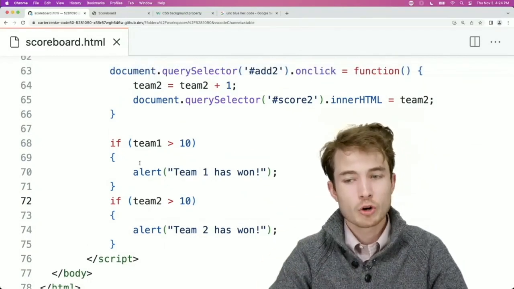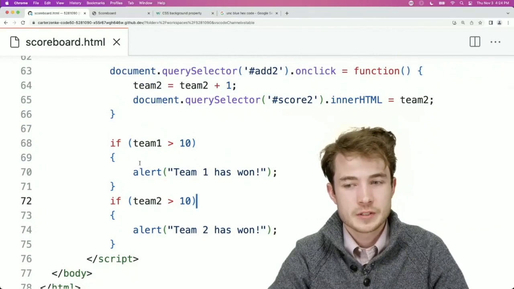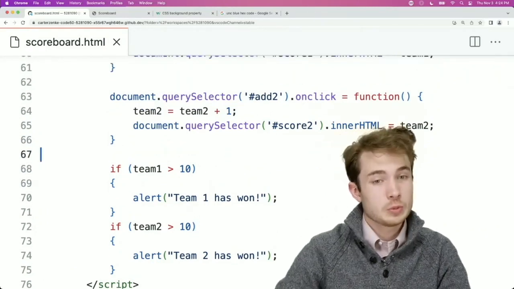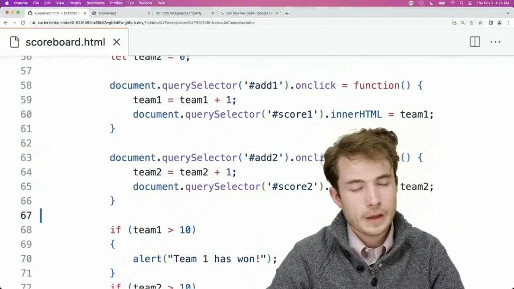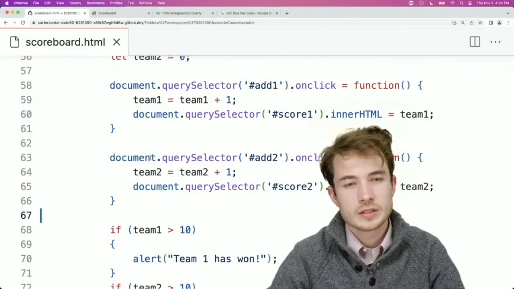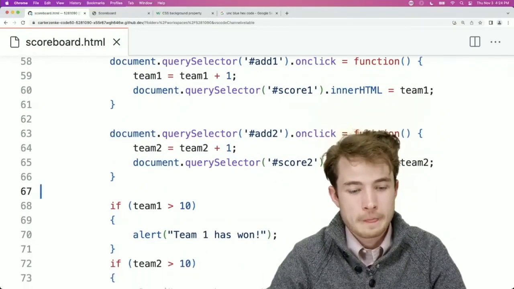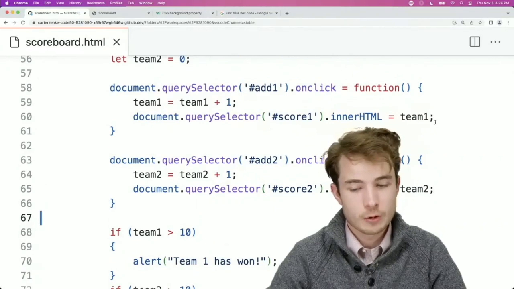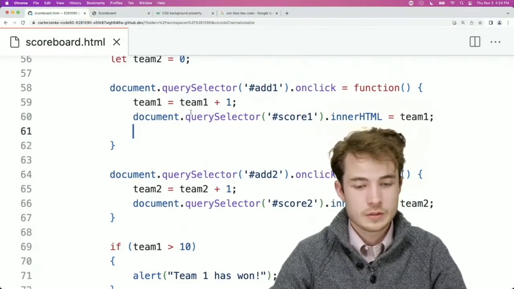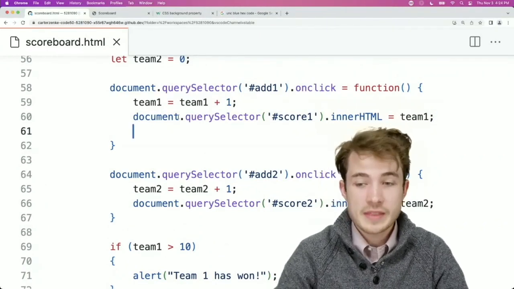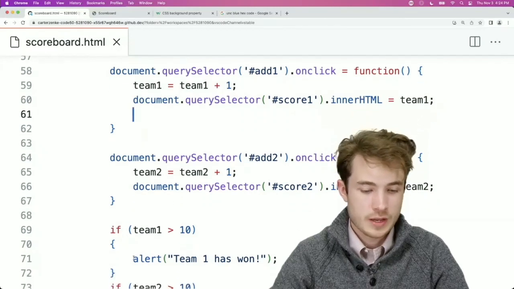So where would it be more appropriate for me to ask this question? I could do a while loop, but I really only need to ask the question when I click on a button. And I could maybe do this if I said, OK, well, let me go ahead and update the score and then ask that question. I'll say